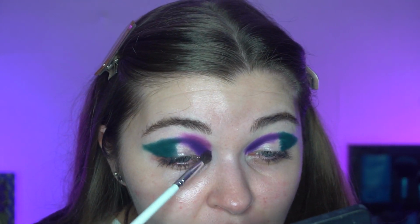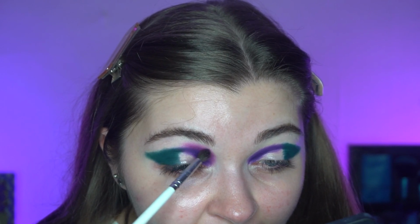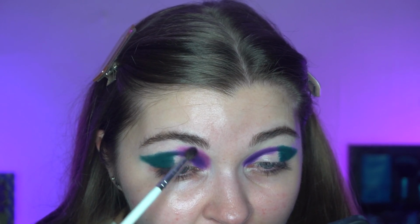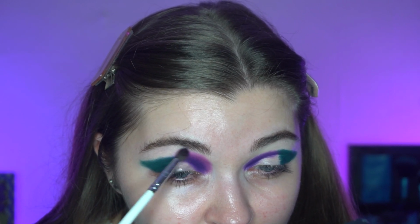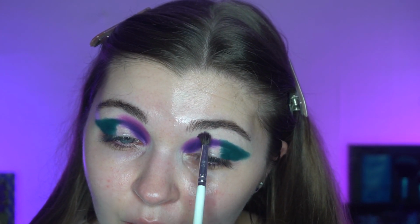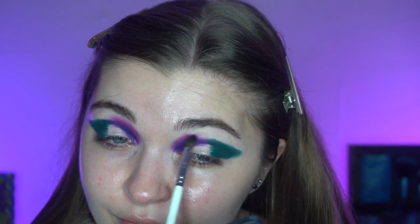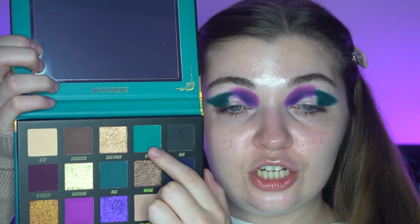Around the outer edges. Obviously just keeping this above the purple side. Oh, that's gorgeous. Do you see how quick and easy that was to blend? So quick. Love it. Moving on to the green side, I'm going to take the shade Hope, which is this shade here,